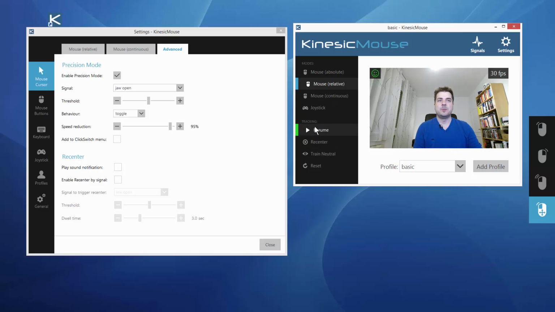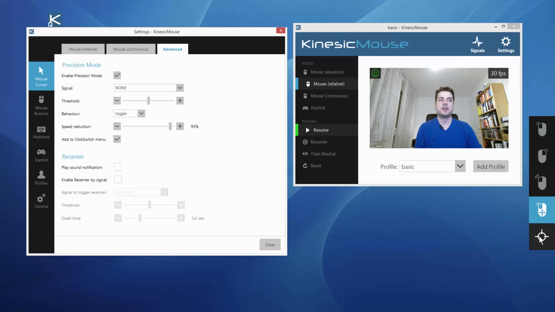So this is the speed reduction slider. What I can also do, instead of using a signal to trigger the precision mode, is add the precision mode to my click switch menu. Instead of using the signal here, I will choose none for now.